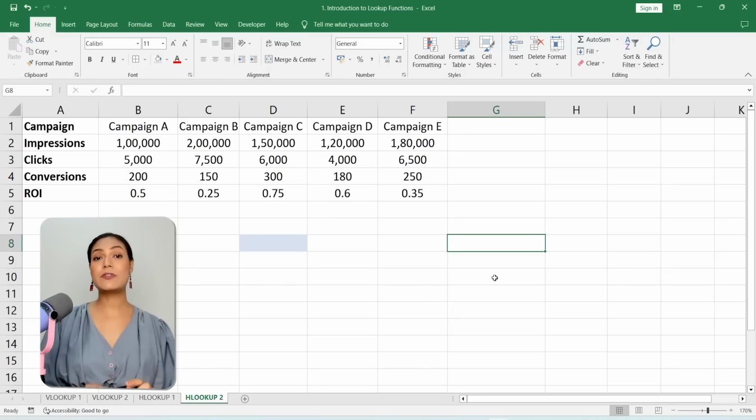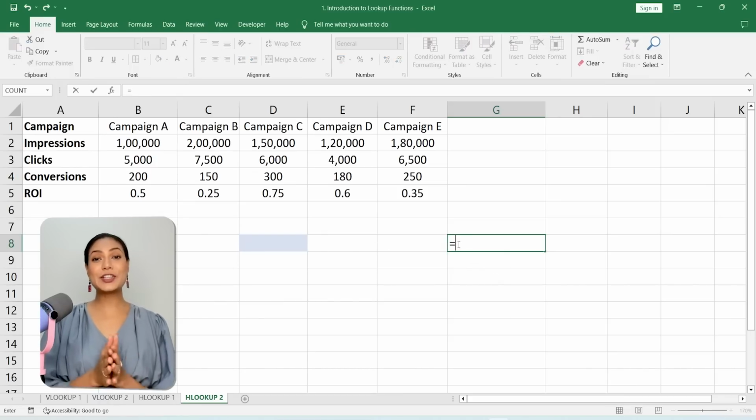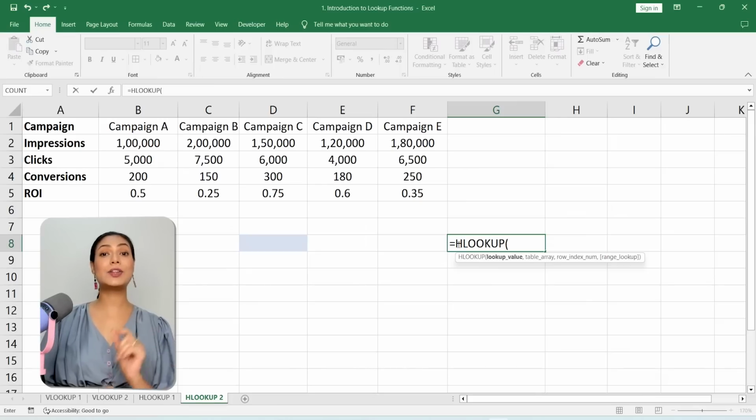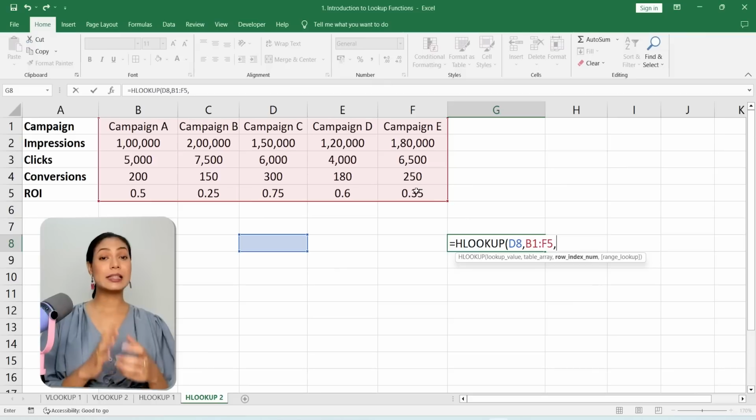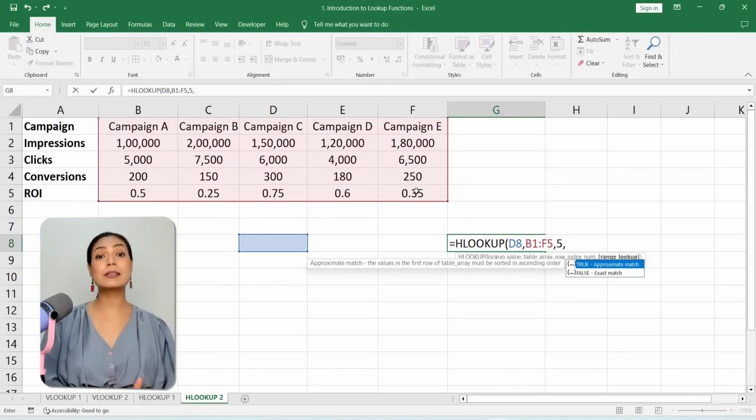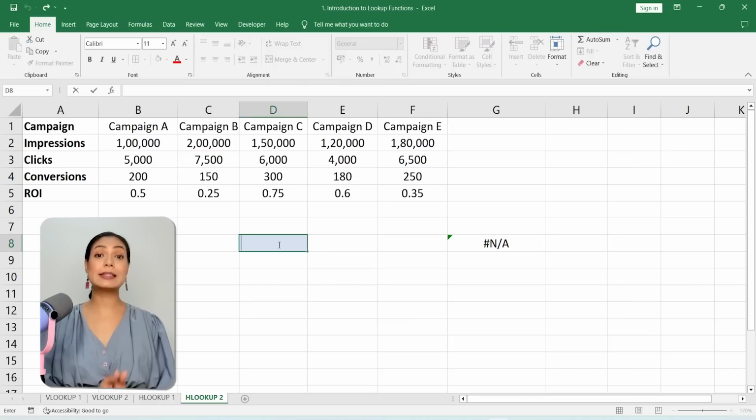Now you need to find the ROI, that is return on investment, for a specific campaign. By using the HLOOKUP function and specifying the campaign name as the lookup value, you can very easily retrieve the ROI for the campaign. This information can be very crucial for evaluating the success of marketing campaigns and making data-driven